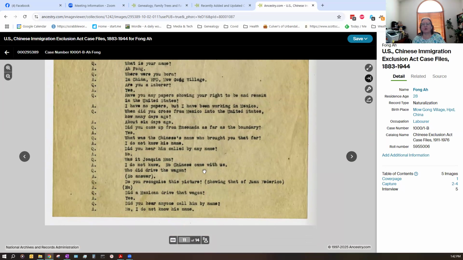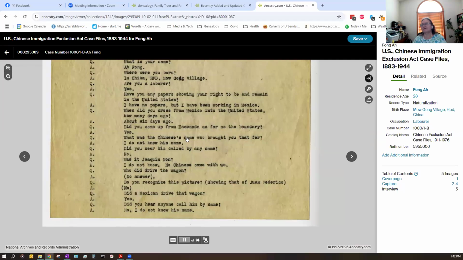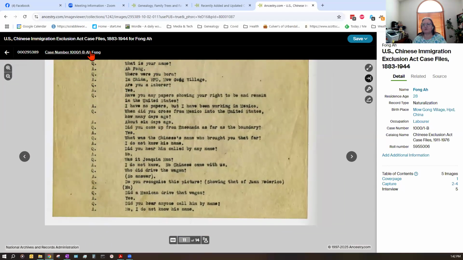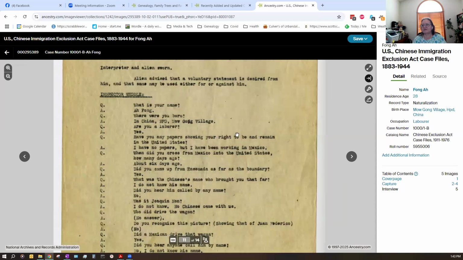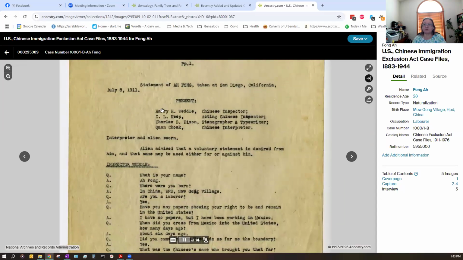So he basically doesn't know who brought him into the United States. He was being brought over for labor. Anyway, this is my little rabbit hole. But this again is a case number for Ah Fong. There's 14 pages. If there was something about this, maybe your person is this named inspector, maybe your family member was the stenographer, and this is insight into what they did for a living. So you could see there could be a possibility if you knew your family worked in immigration